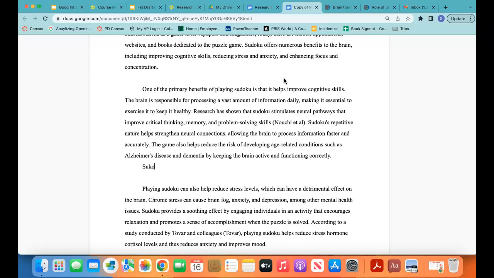Sudoku is a great brain exercise. It helps improve memory. Okay, how does it help improve memory? Well, it